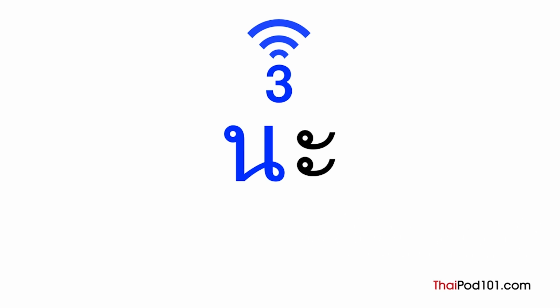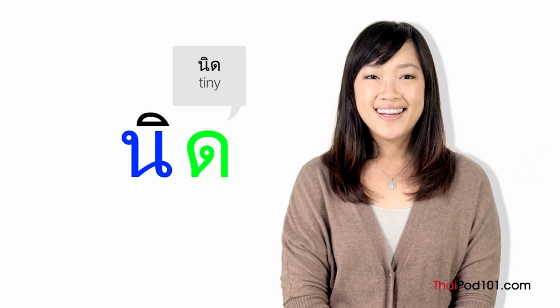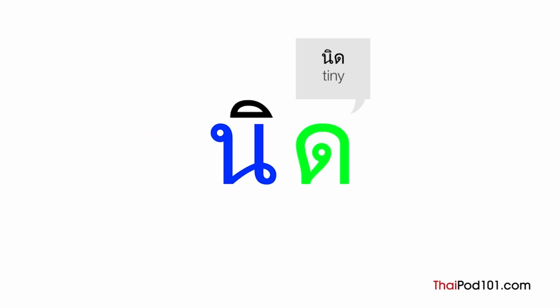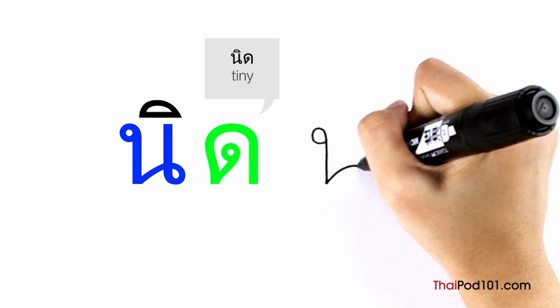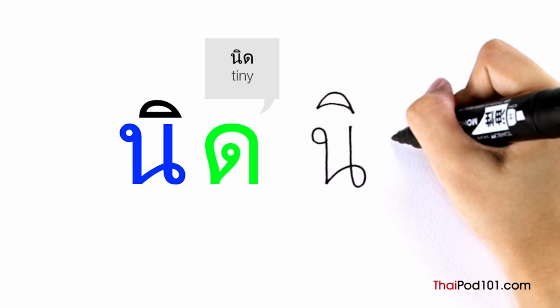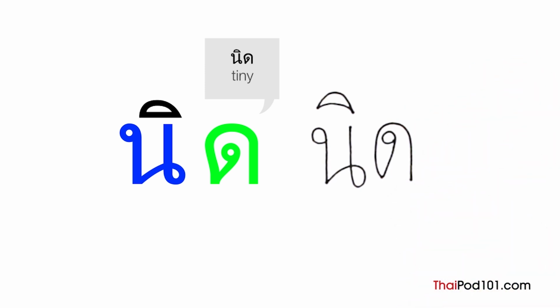One example that we already had was na. It has an initial low-class consonant and it has a dead syllable consisting of a short vowel. So it is high tone. Na. High tone starts at a high pitch and rises very slightly. Na. How about the word nit, which means tiny? It is also high tone because it has an initial low-class consonant, has a dead ending, and the vowel is short. Now you write it. นอหนู สระอิ ดอเด็ก นิด